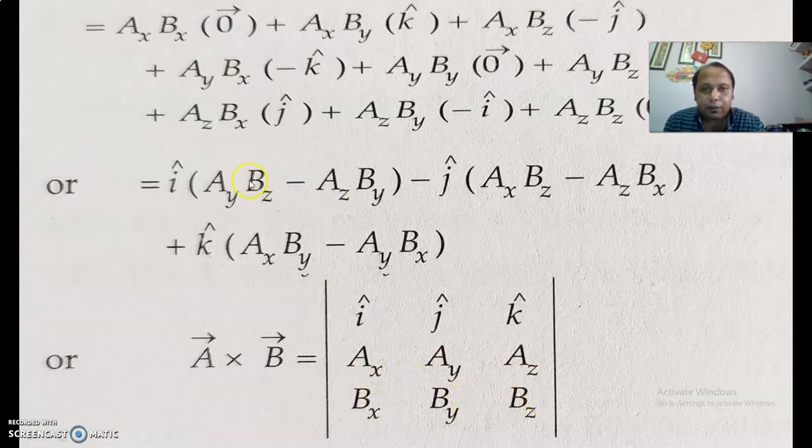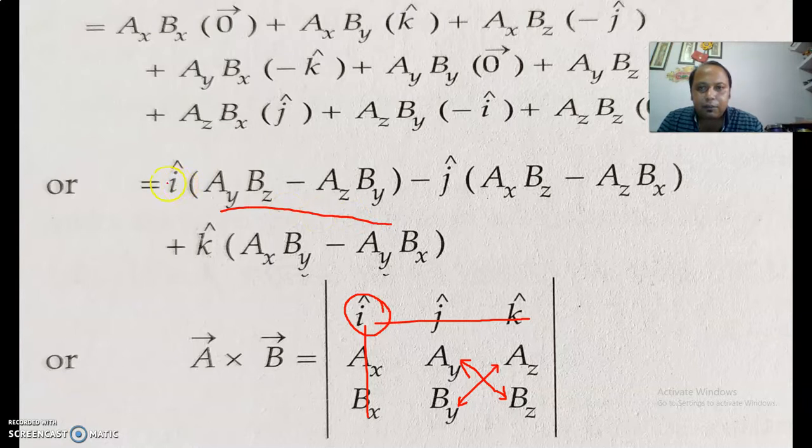Always remember for the first term, I am taking the pen here. For the first term this I cap is taken, and then we will neglect the column and the row, and whatever we have we will cross multiply. That is ay bz minus by az, or we can write ay bz minus az by. So this is the first term which we get here.